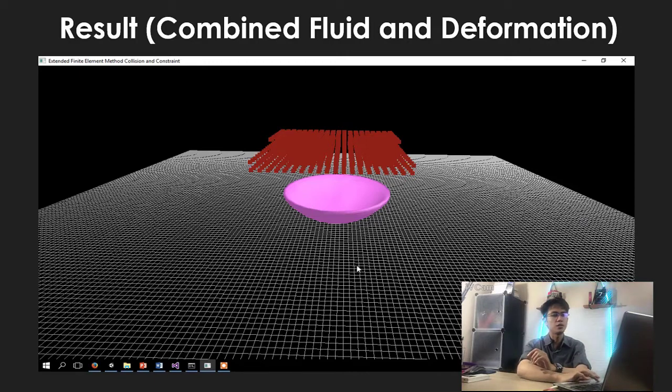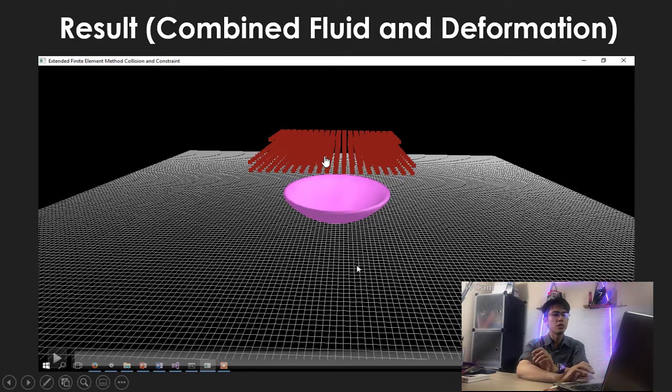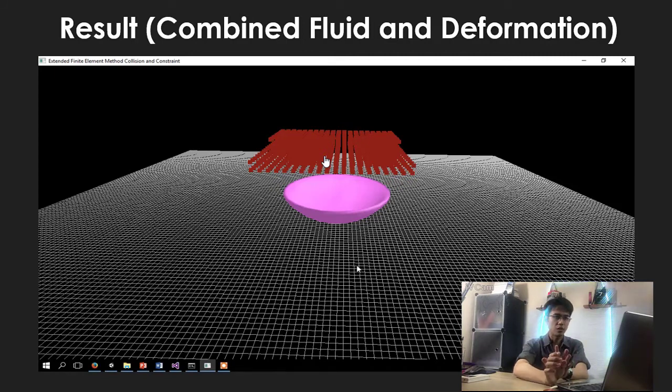As you can see here, these are the particles. This is the symbol of the fluid. It is not yet the rendering of the fluid, because we need some computation to render the fluid. That is the additional feature combined with the deformable object.